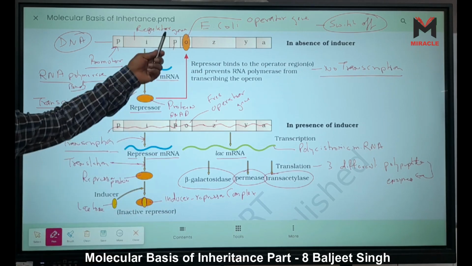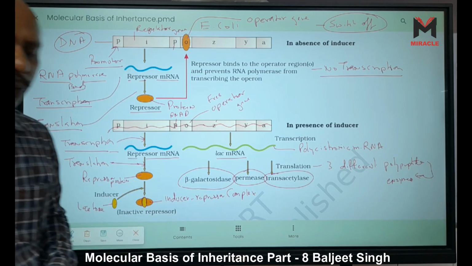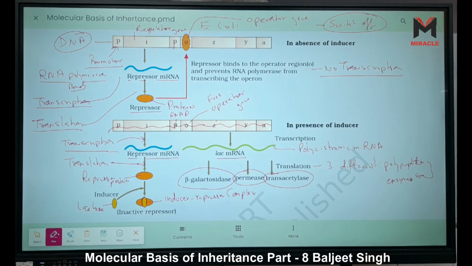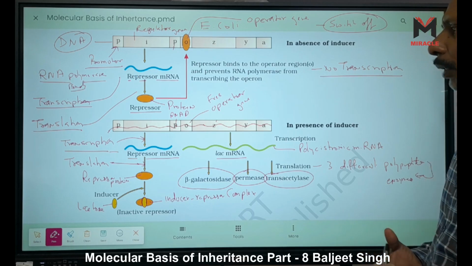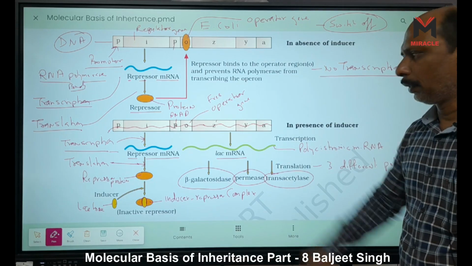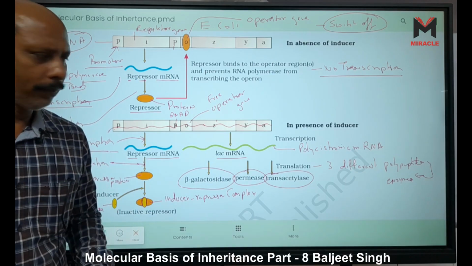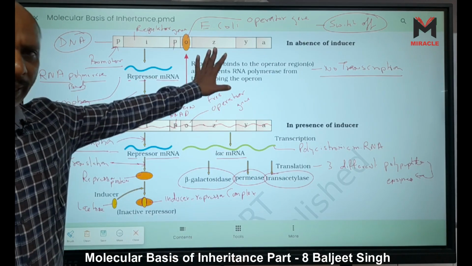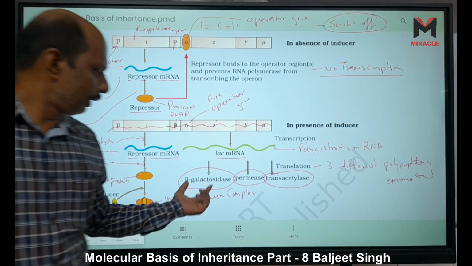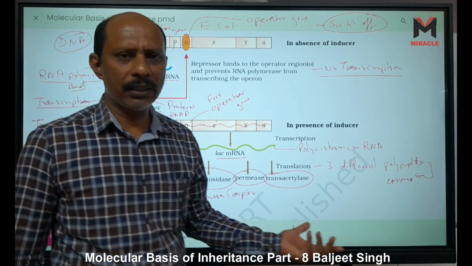This operon model is an inducible model. This gene is an example of an inducible gene. Why did I say it is an inducible gene? Because due to the presence of the inducer, it starts transcription. Normally it is in inactive form, but when the cell needs these enzymes, like beta galactosidase, what is the function of this enzyme? It breaks